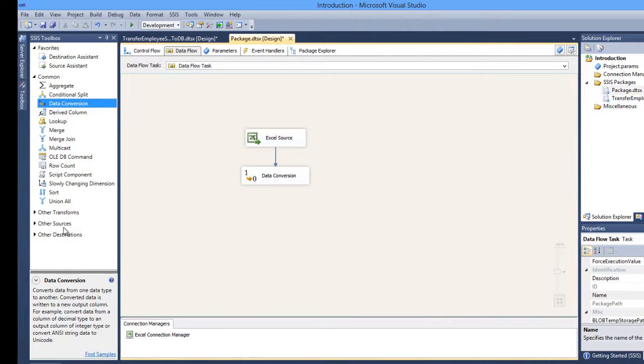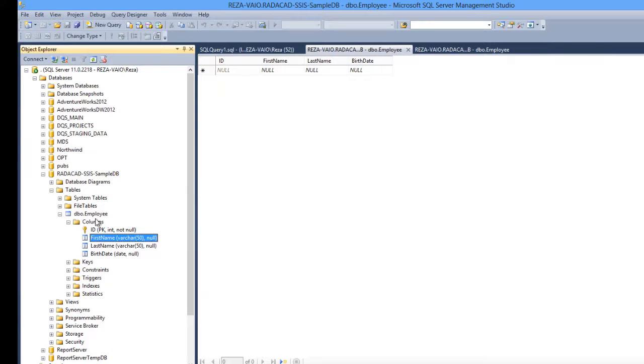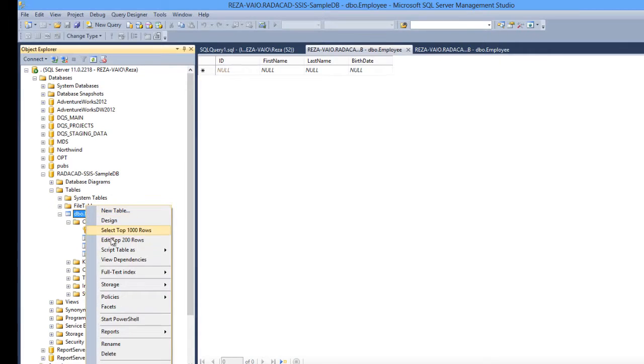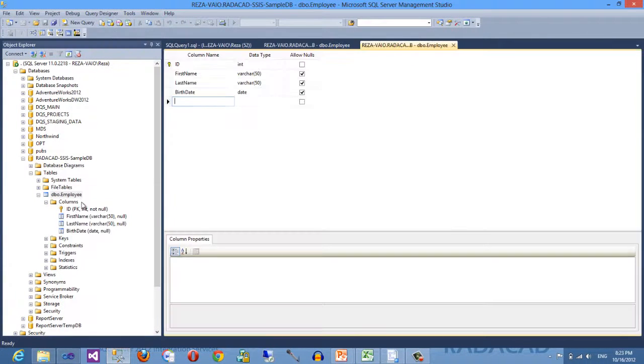Now we can put a destination and load information into this destination. But right before that, I make a few changes in this design. I create a column here named age of data type int. I want to calculate the age of each employee right before inserting data into this table. I mean, we actually want a calculated member here to calculate age and put the age beside other